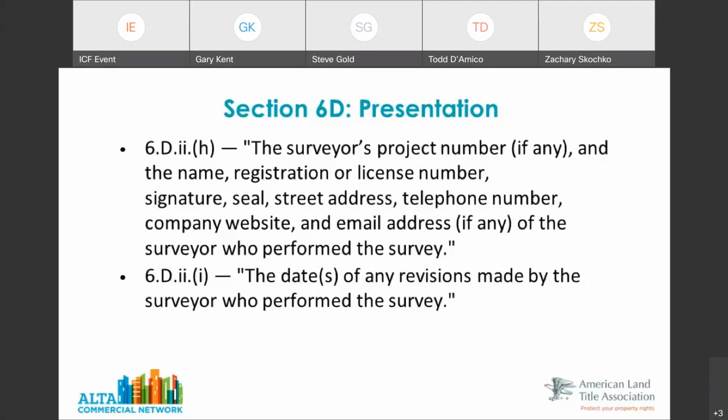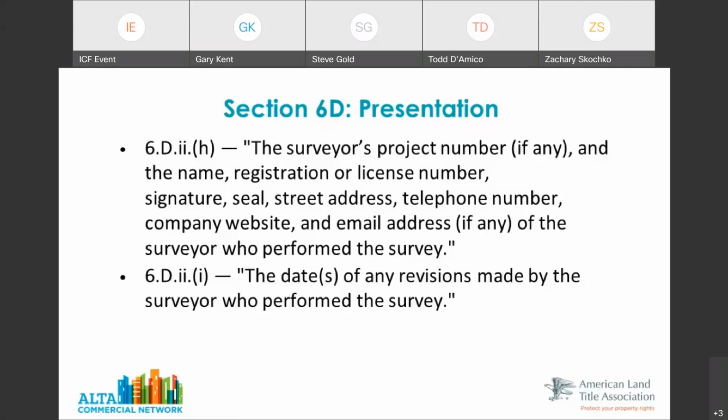Also, we've added the date or dates of any revisions made by the surveyor. And sometimes in the ALTA world and in an ALTA transaction, there are many parties using the survey and relying on it. So there may be a comment and an addition and a revision for one party, and there may be a revision based on the HUD review. And so that section of the survey should be updated frequently and should have dates. The survey may go for a period of time through the review process. Maybe it's not signed and dated, and we'll get into the certification where we say date of plat or map.